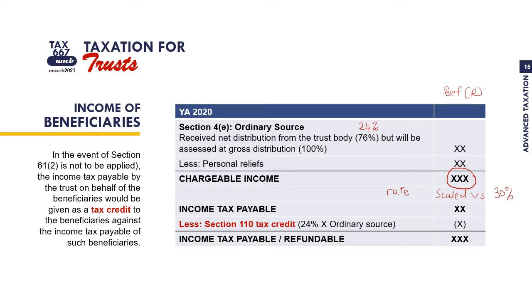Okay. When you already determine the income tax payable of the beneficiaries, here comes the section 110 tax credit. So here, to avoid double taxation, beneficiaries can claim tax credit. Berapa banyak tax credit yang dia boleh claim? It is 24% of ordinary source. Barulah last sekali you boleh determine income tax payable or refundable by the beneficiaries here selepas dah tolak section 110